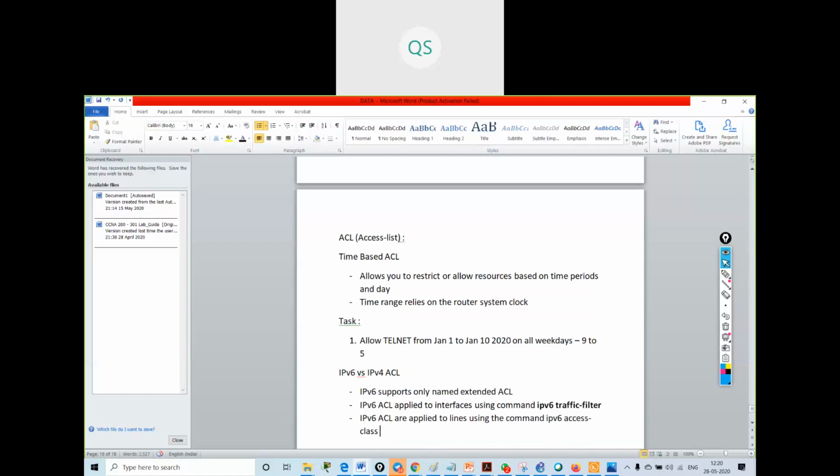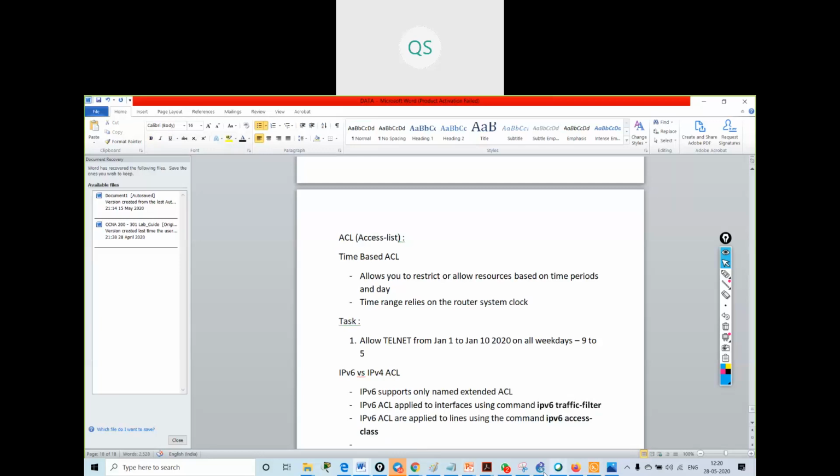This is the command we use to configure the access list. So we will see a practical on this.